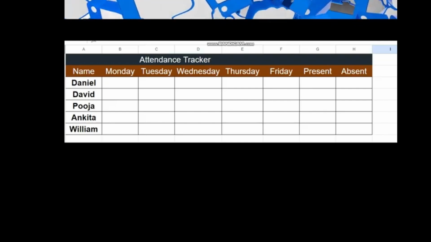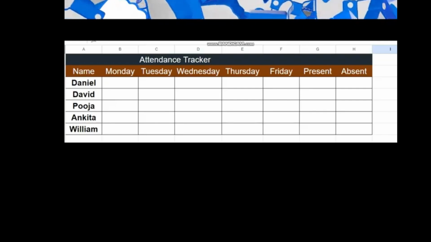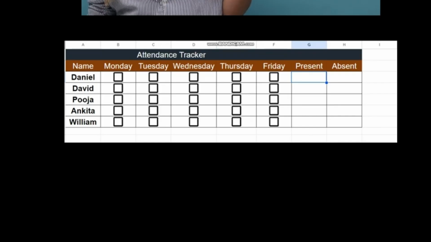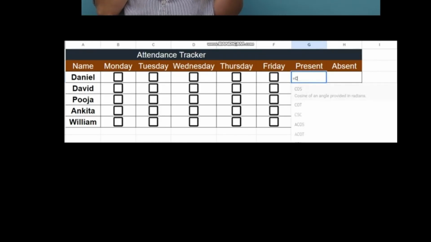In one of the interview question was asked how to make this attendance tracker automatically instead of doing manual work. So now first of all you have to select all the cells in which you want the data to be coming up, and then you have to go to insert and press the checkbox. Then we have to go to present column and we have to use one formula which is COUNTIF,